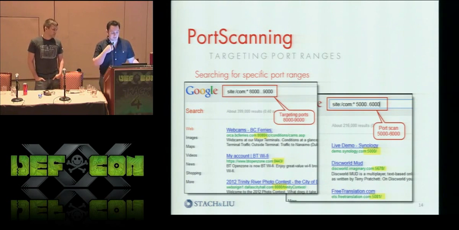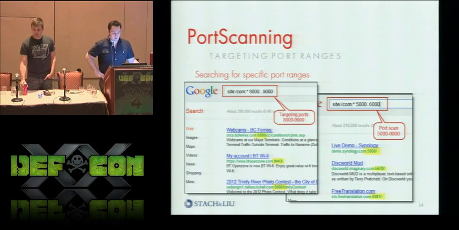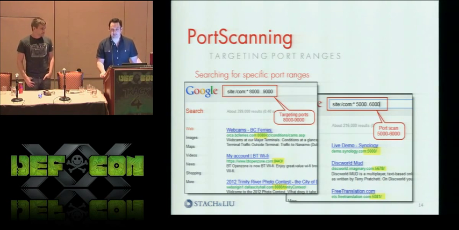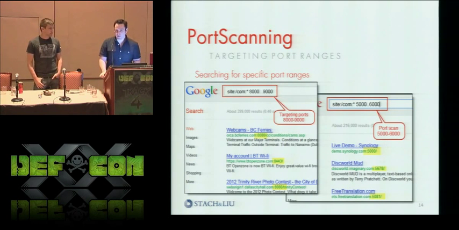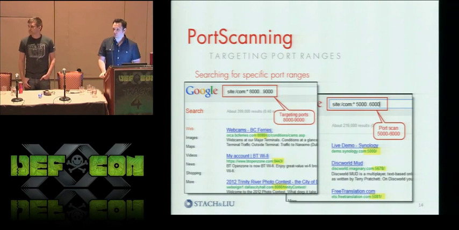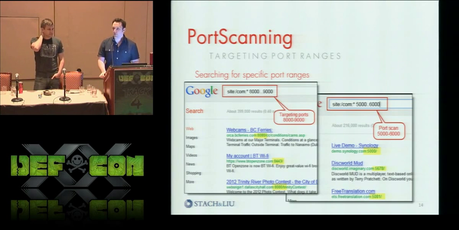Not only can we just do this star and get a list of all websites listening on random ports, you can even specify exact port ranges. We see 8,000 to 9,000 here and 5,000 to 6,000, being able to just get a complete list. And one other thing, besides just being a port scan: when you think about this, every single one of these results, you see 216,000, 400,000 results, almost every single one of these is some web administrative interface of some kind. Especially combined with the scraping that we have now, it's an effective way to get millions of